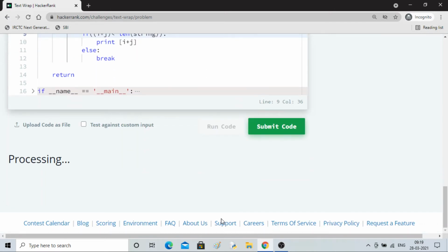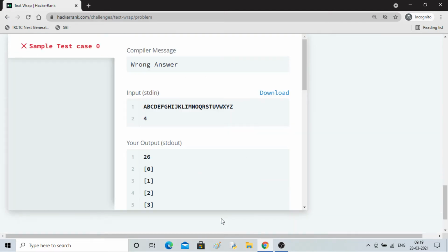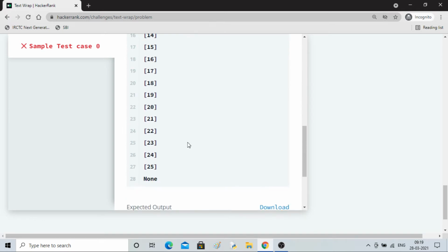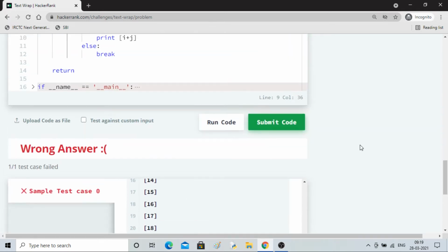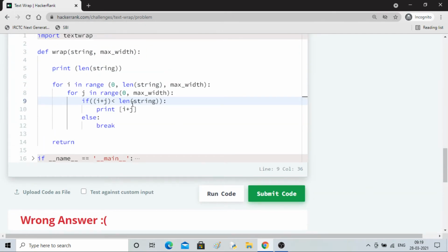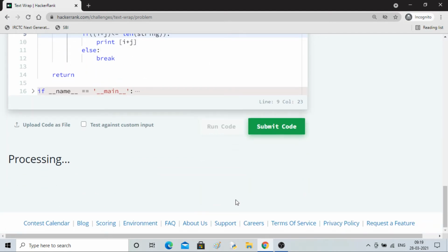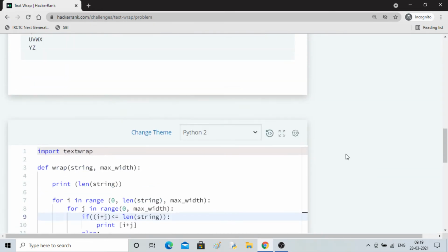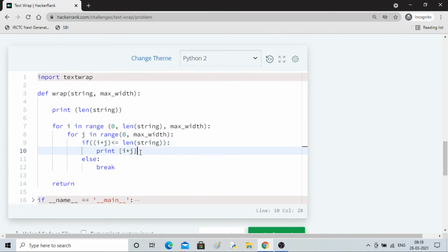Now it will be till 26. So 26 is our length, and then we'll go 25 here. So we can use equal to string length, then I think it should work.